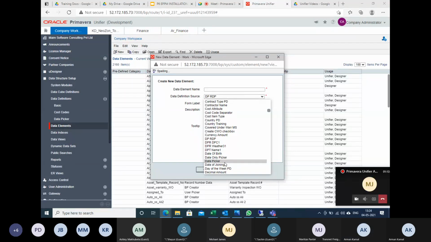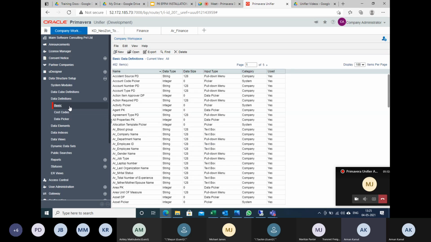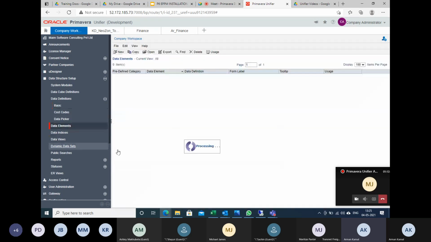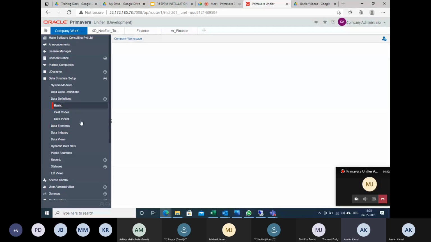In case of date, the system, Unifier, understands that date is something I should not have to define. So you don't need to create the data definition first. You directly go to the data element, date picker. You're getting the point, right? Yes, I'm with you. There are a few fields which are pretty much standard. For a text field, I'm going to go for basic, then a data element. But in case of date, it is pretty much standard. Now, why have they given the basic?